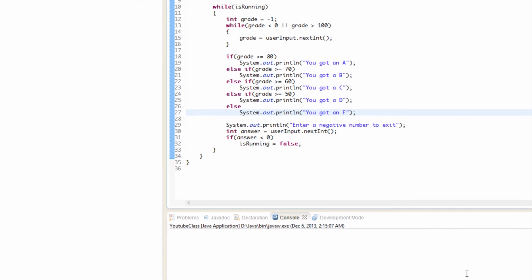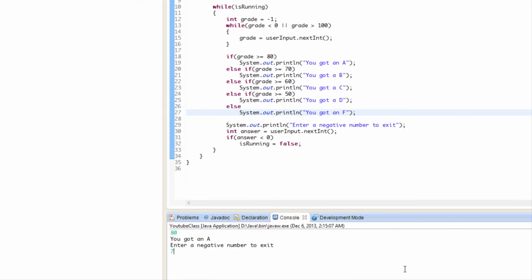So I'm running my program. 80, enter negative number to exit. I put 7, so I'm running again. 60, enter a negative number. The program ends. And so that's it for this